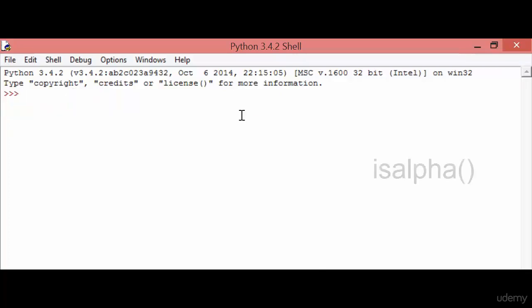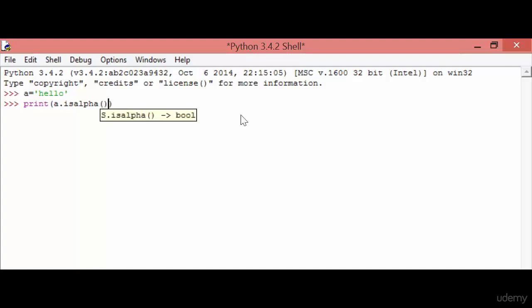The next method is the isalpha method. The isalpha method will return either true or false depending on whether your string contains only alphabets or not. So for that I'm going to assign an alphabetic value which is hello, and now I'm going to print this condition, a dot isalpha.